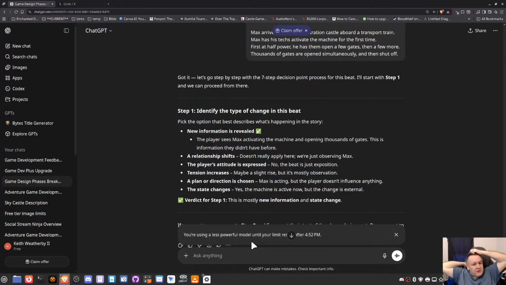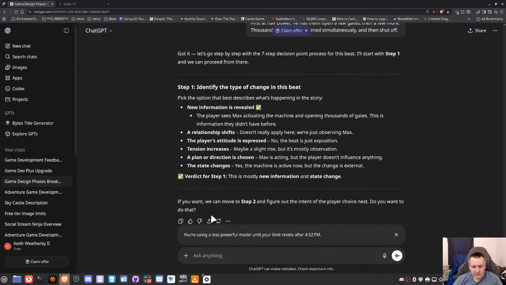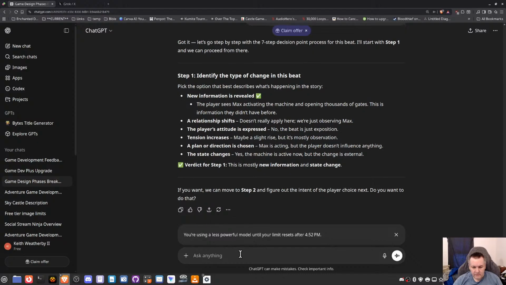Identify the type of change in this beat. Pick the option that describes what's happening in the story. The information is revealed. Player sees Max activating the machine. The relationship shift doesn't apply here. And state change. Yes, please. We'll go on to step 2 and then see if we can't refine the prompt